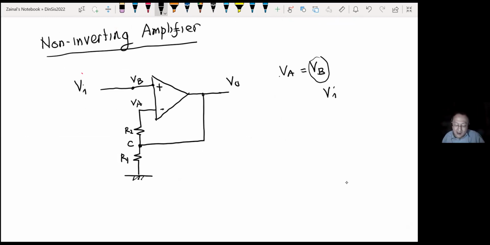Now VC is the same with R1 divided by R1 plus R2 multiplied by VA, right? VC